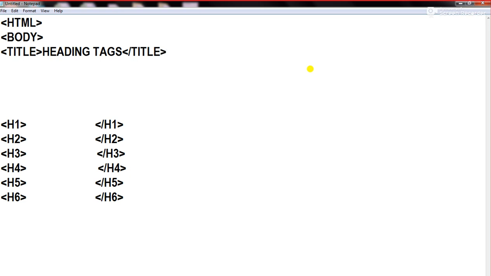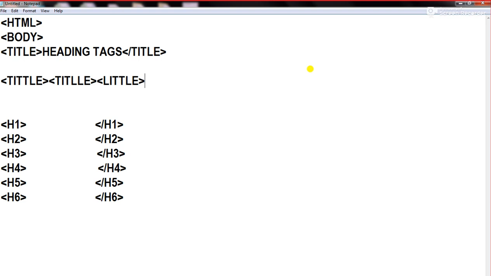What happens is that when students write this title command, they make spelling mistakes. I am giving you some examples. They write T-I-T-T-L-E, which is a wrong spelling. They write T-I-T-L-L-E, again a wrong spelling, right? And sometimes they write L-I-T-T-L-E. All these tags are absolutely wrong.